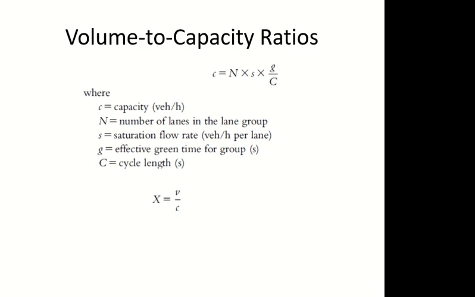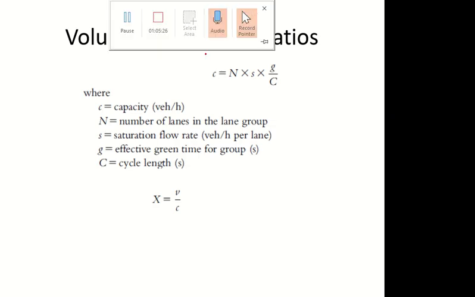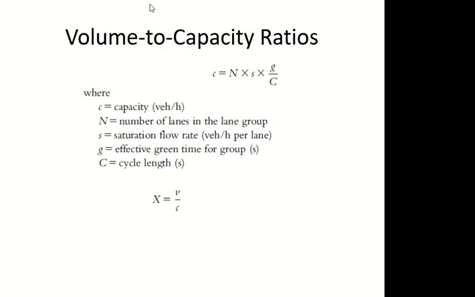Then you calculate volume to, okay, we are over time. So you stop here, and I will continue next time, inshallah. Anybody